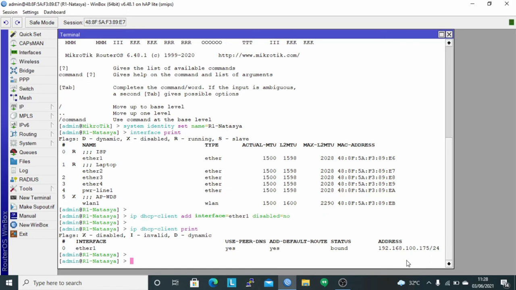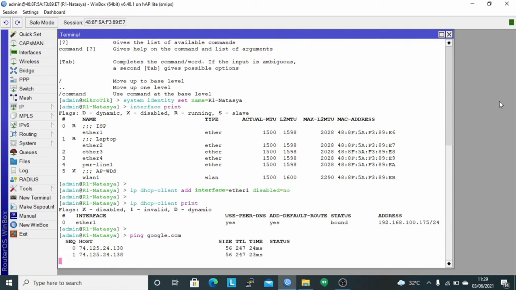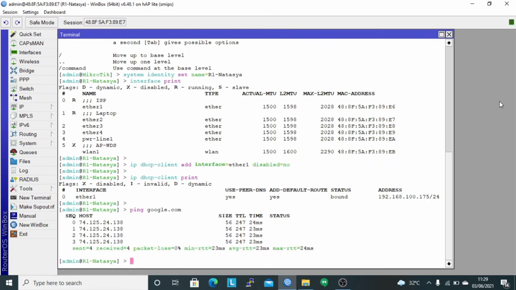Then ping the domain Google to ensure that the router is connected to the internet, with the command ping google.com. You can see that the result is reply, which means that router 1 is connected to the internet.